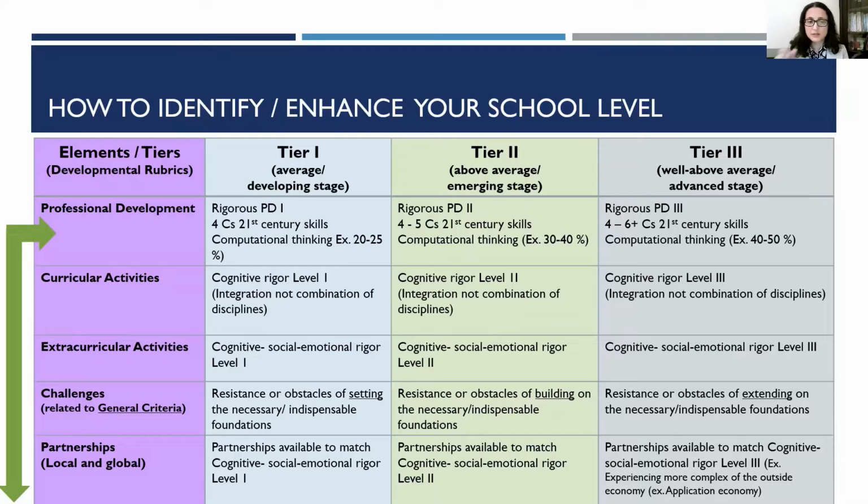Within the professional development domain, we are also catering to what is most important in the 21st century skills, which we have all heard about, the 4 C's. I will be showing that in the coming slides. For example, in tier 1, we are doing the 4 C's. In tier 2, we are adding, let's say, 4 to 5 C's. And you will see in tier 3, we are adding up to 6 C's. We can have 7 to 12. It doesn't matter, because we are always exploring and adding more skills.